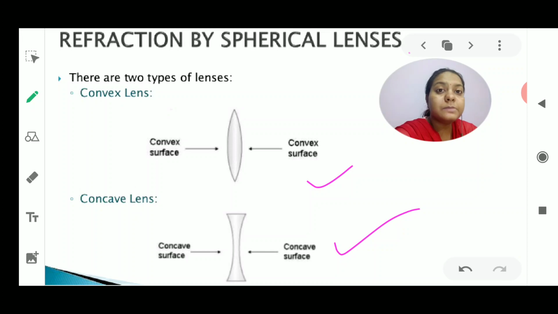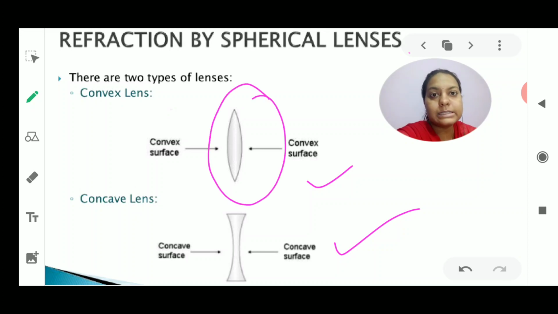Now, lens means it is a transparent material, okay. Once light enters from one point, it is going to exit from another point. It is not going to reflect the light, means it is not a shiny surface, it is just a transparent surface like a glass slab, which I showed you just now in the last diagram. So these are the two types of lenses which we are going to discuss in detail, that is the convex lens and the concave lens.